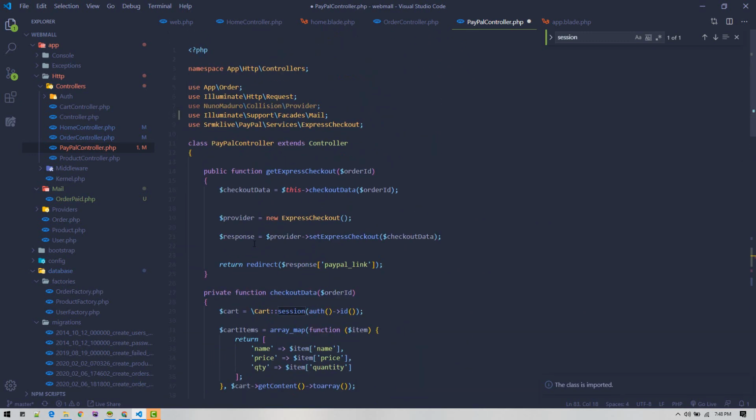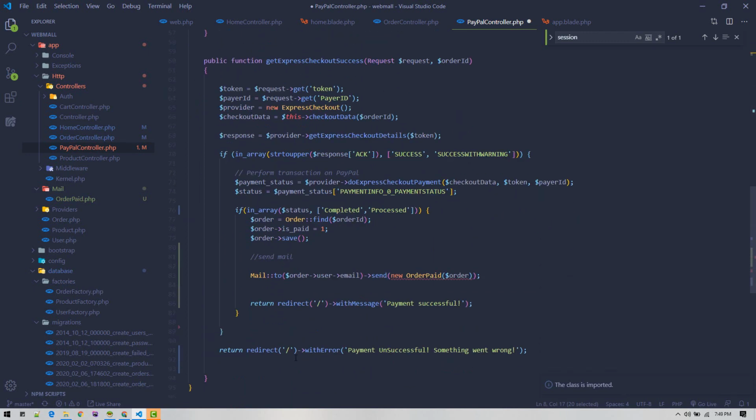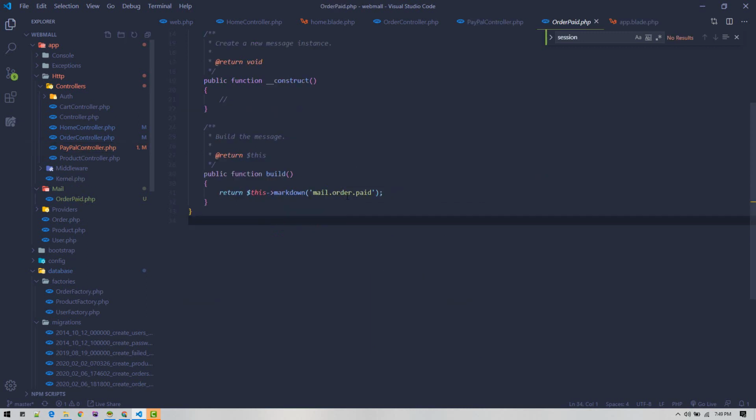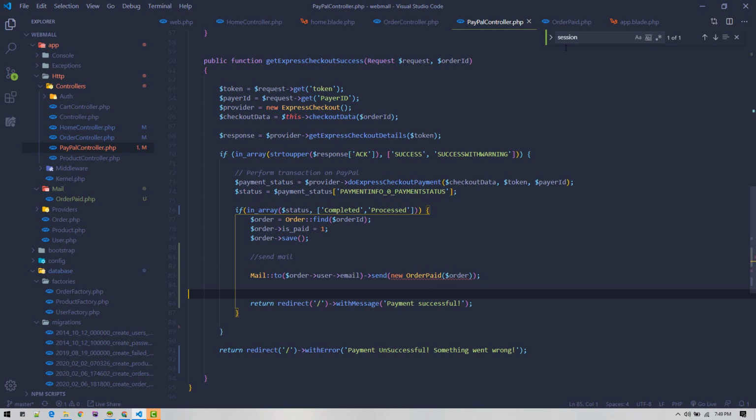So make sure to import the mail facade over here. Alright, so now in the order paid mailable class, we need to accept this variable in the constructor. So let's go to the order paid inside mail and accept that inside this. So order. So we are injecting that class over here, which we'll get from here,